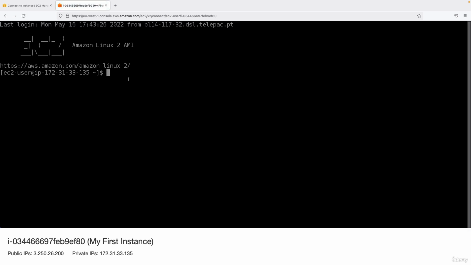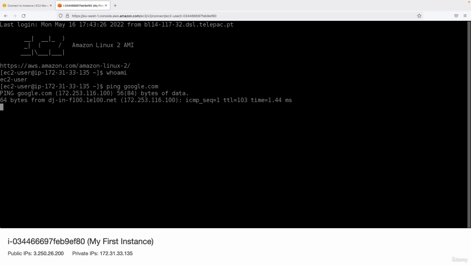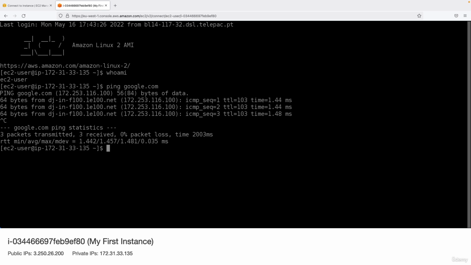And very quickly, you are into your Amazon Linux 2 AMI, and you can start running some commands such as whoami or ping google.com. And as you can see, everything is working. So the cool thing about it is that your session is in the browser instead of using a different command line interface, such as a terminal and so on. And so you do ping google.com or do any kind of commands you want really on it without using the